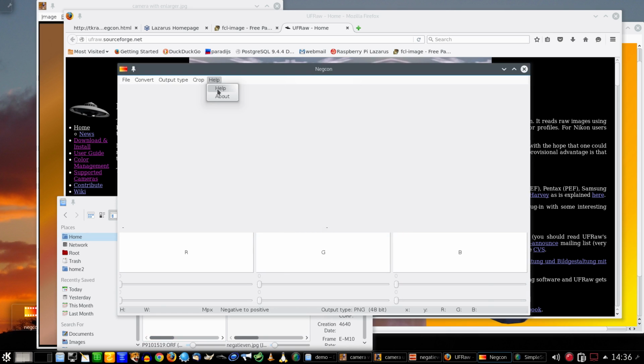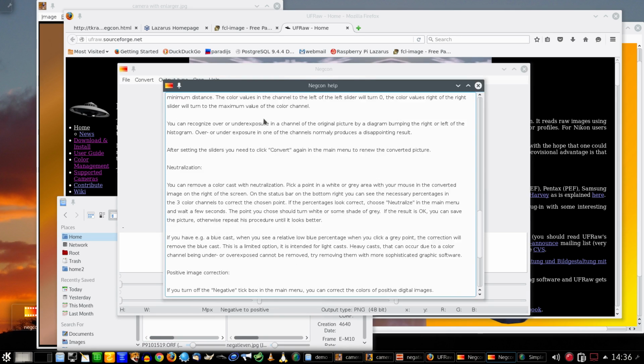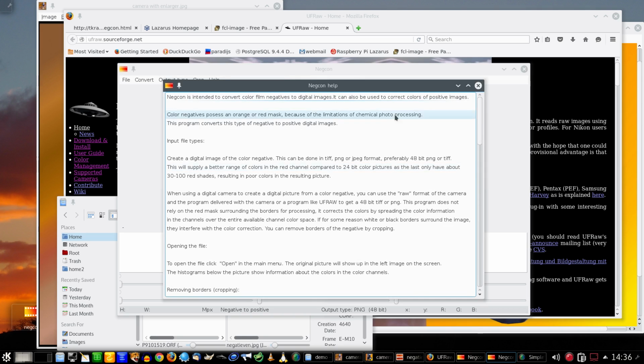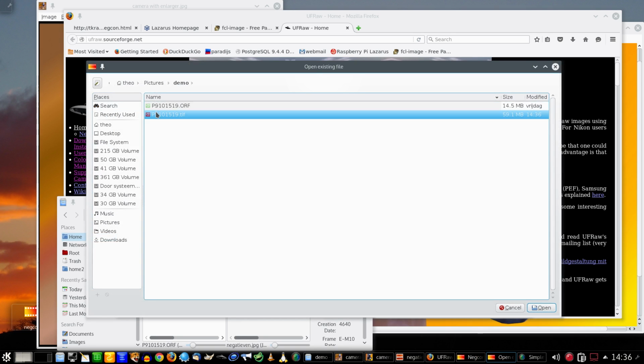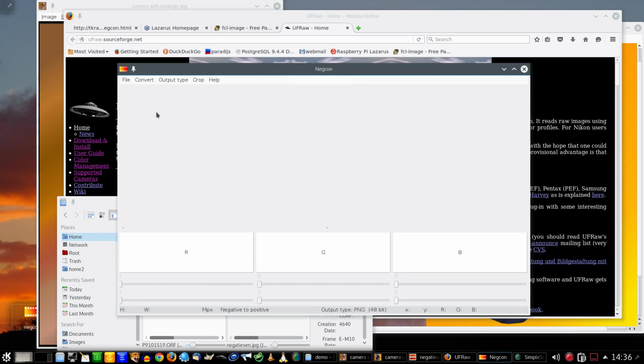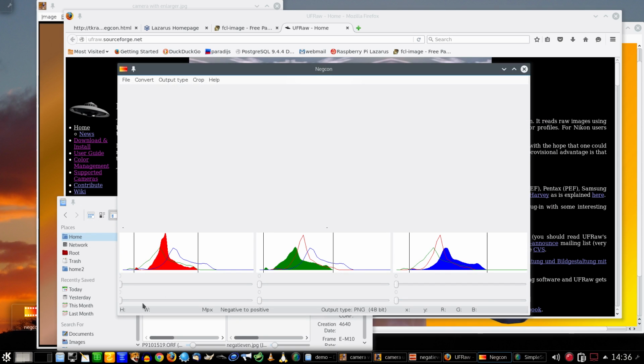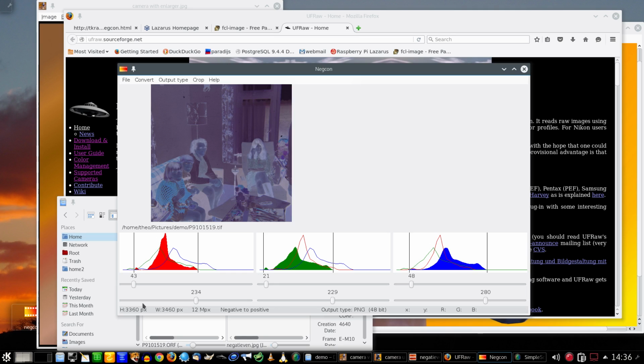If you want to know the features of Nechcon, you can download it and have a look at the help file. I'm going to import it. When you open the file in Nechcon, at the bottom left you see the height and width in pixels and the number of megapixels,